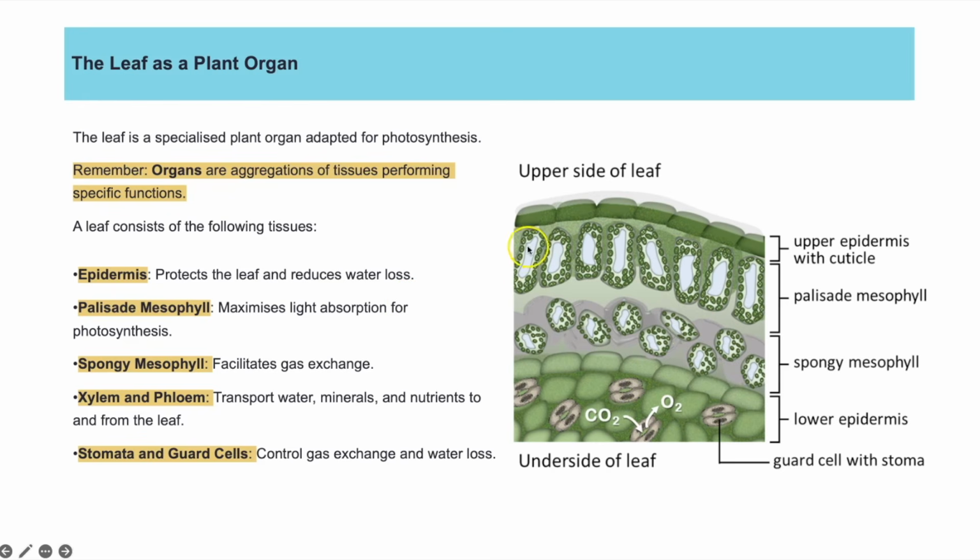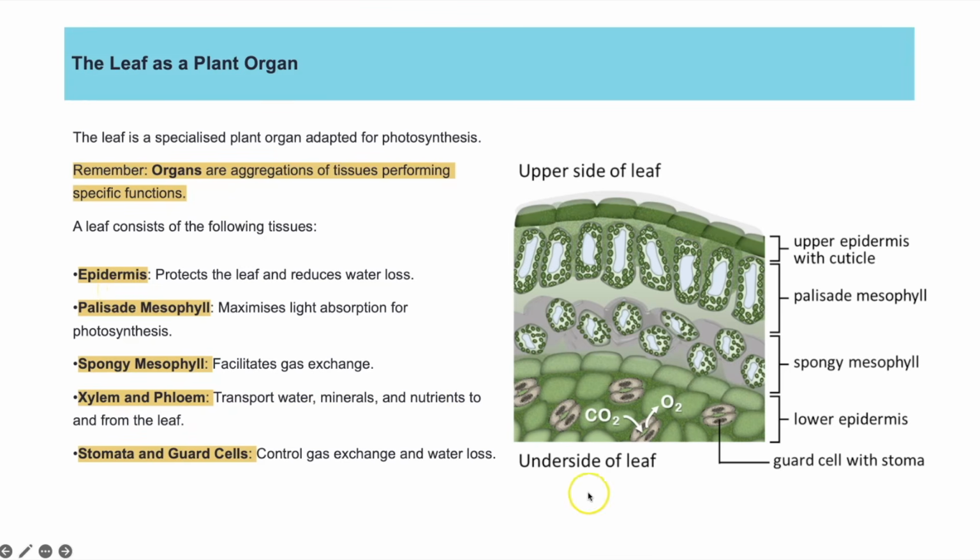The palisade mesophyll is this layer here. We have lots of long oblong shaped cells with loads of chloroplasts in, and the chloroplasts are able to absorb light energy, which is needed for photosynthesis. The spongy mesophyll is this tissue layer here, where you have lots of spaces for gases to diffuse into. So it helps with gas exchange in the leaf. The xylem and phloem, which we can't actually see in this image, but the xylem transports water and minerals, and the phloem